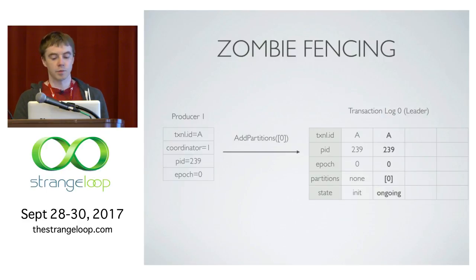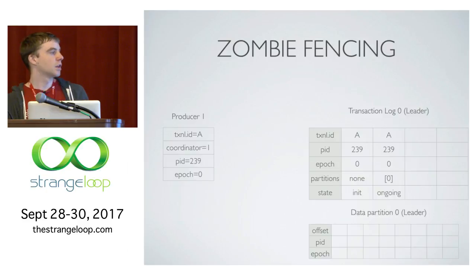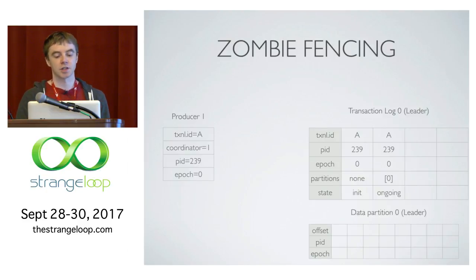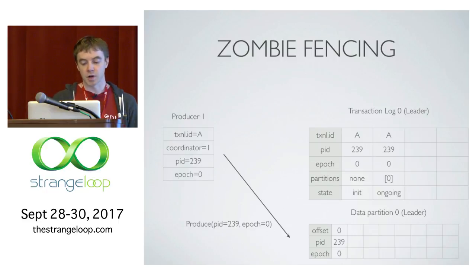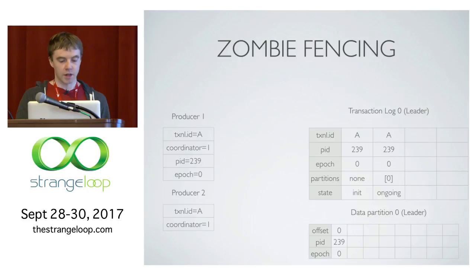For that, like we went through that example before, we write a message to the log saying that the transaction is ongoing. And then, if we consider the data partition that's included in that transaction, this producer is now safe to start writing to it. So maybe this producer 1 turns into a zombie and we start up another instance,